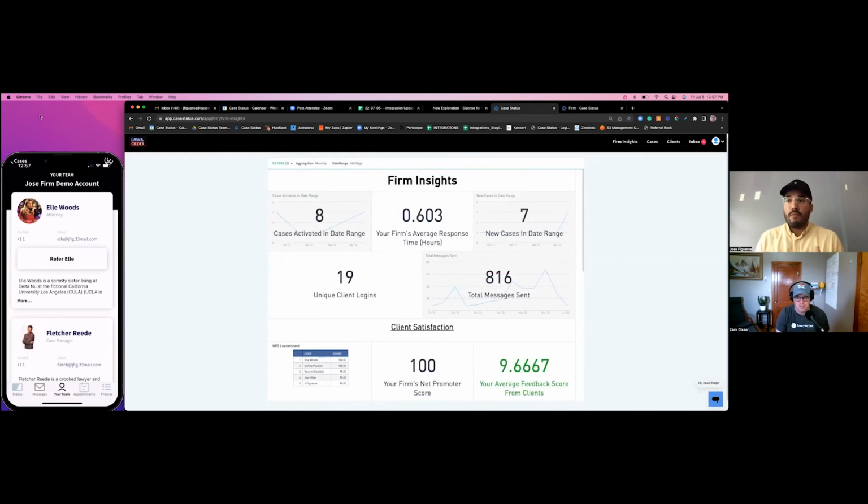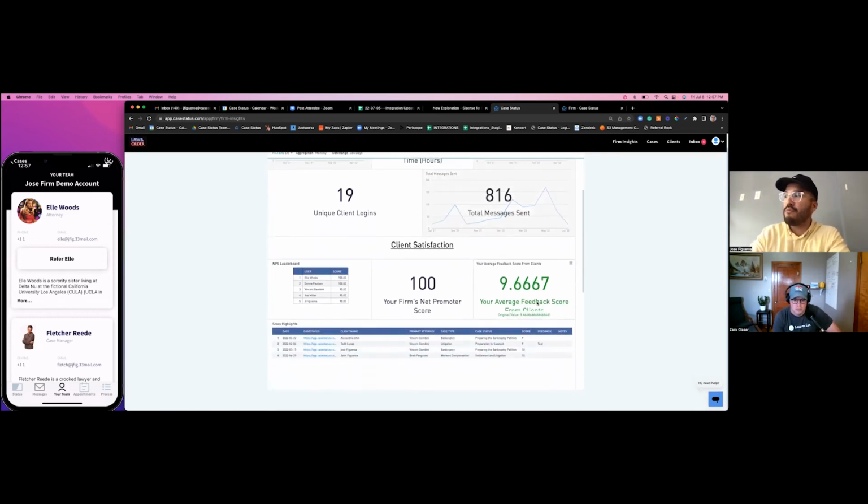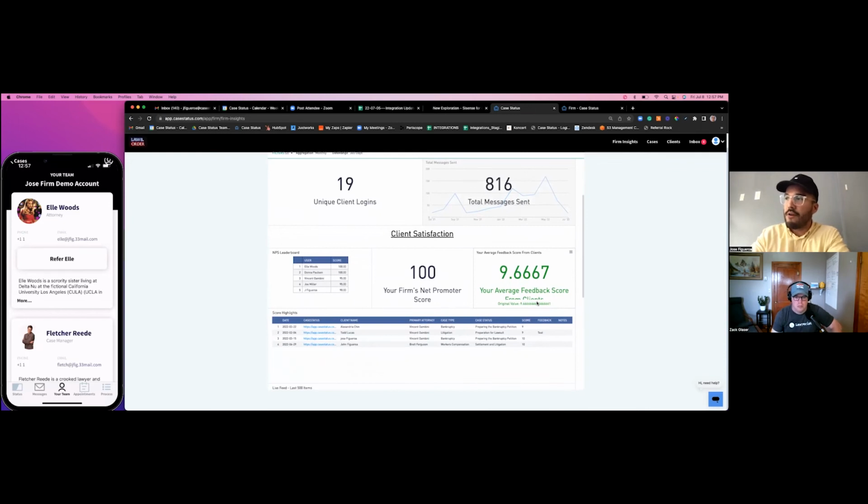Yeah, so everything you're bringing up is exactly what is in this Firm Insights tab. You now have this access to client information where we can track this data at a higher level, at a managerial level, where certain members of a firm can have access. I can see my cases activated in a specific date range, my unique client logins. The NPS data is now available for those executive level staff members, or the managing partner or marketing, where I can see